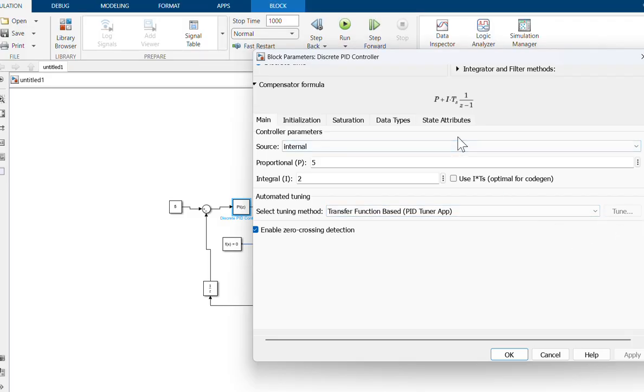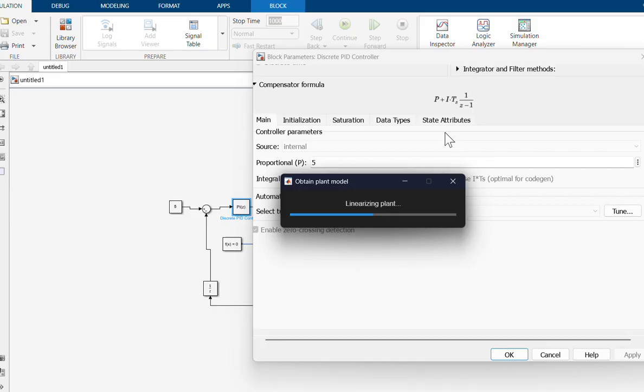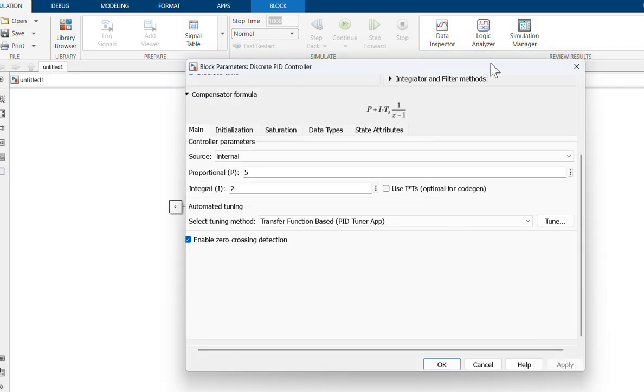I click this button. It starts something. Okay. Where is it?